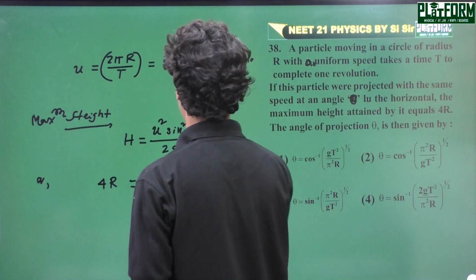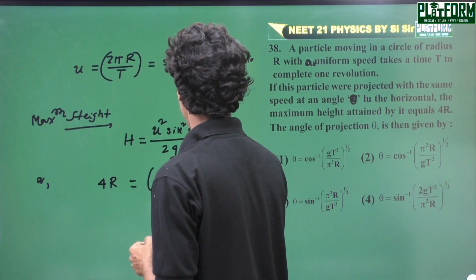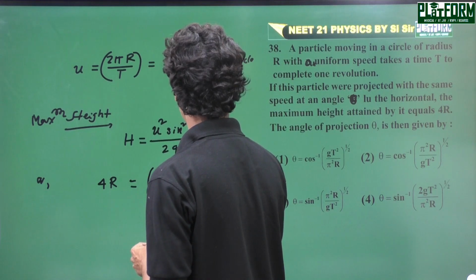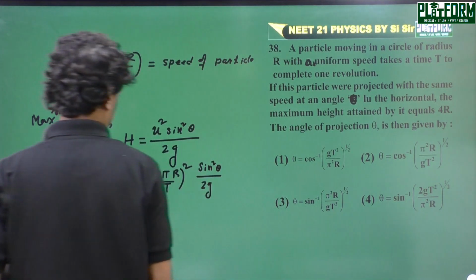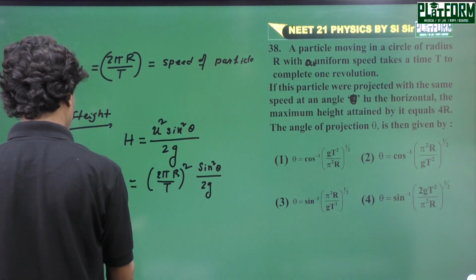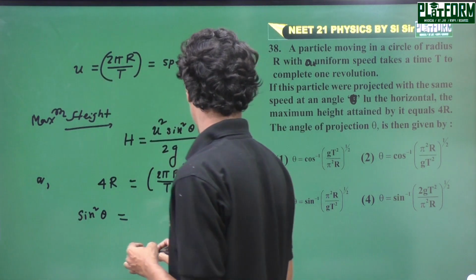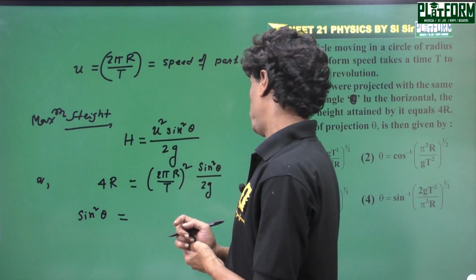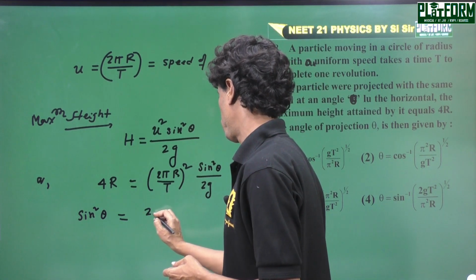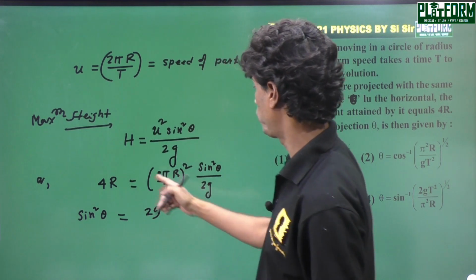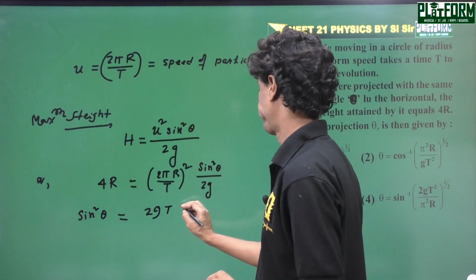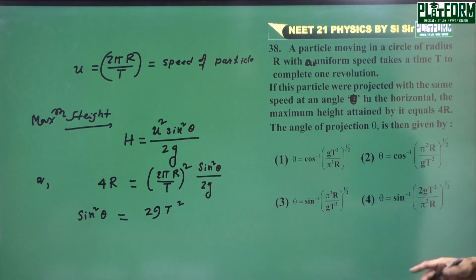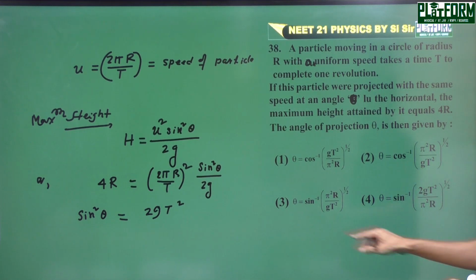And u is twice pi r by t, whole square, sine square theta by 2g, and finally sine square theta equal to 2g into t square. 2g t square already starts matching with option 4, 2g t square